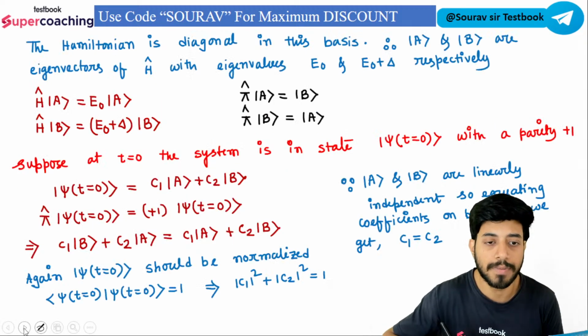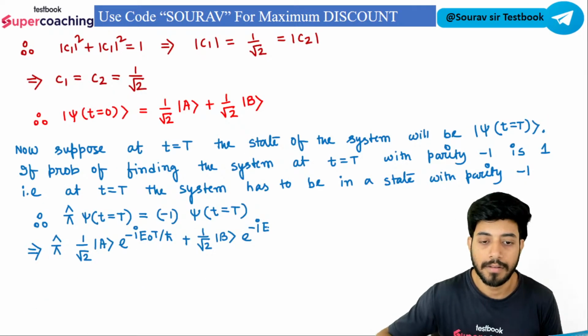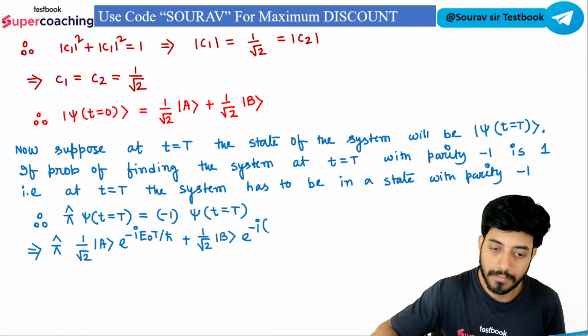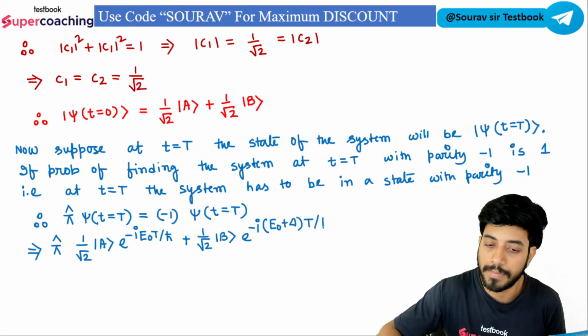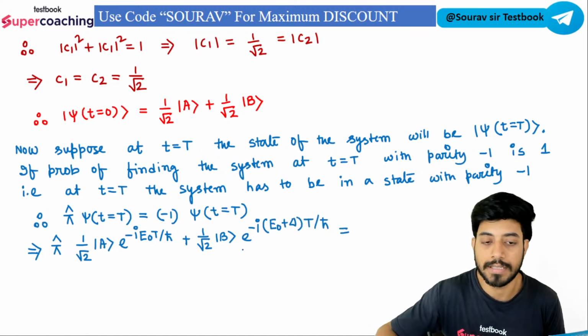E0 नहीं है, E0 प्लस डेल्टा है. E0 plus delta into t divided by h cut,